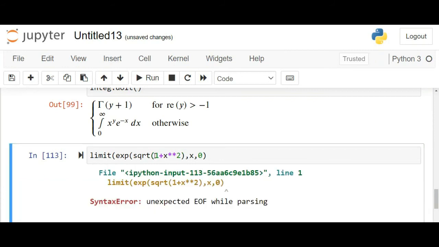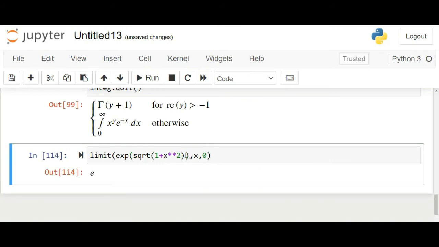In this case, this is a syntax or a mathematical error, maybe here it is, this one. In this case our answer is e raised to the power square root of 1 plus x square, exponential means e raised to the power square root of 1 plus x square, and the limit is at x approaches 0. So these are the ways how to find the limit of different functions. Okay,